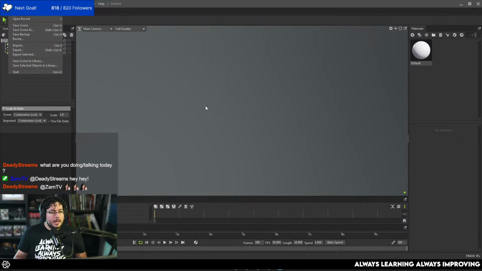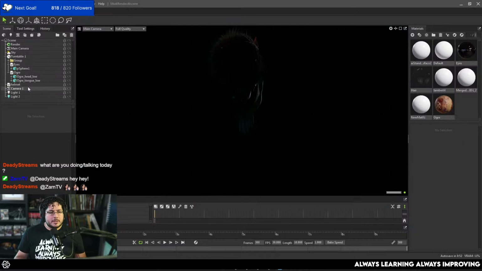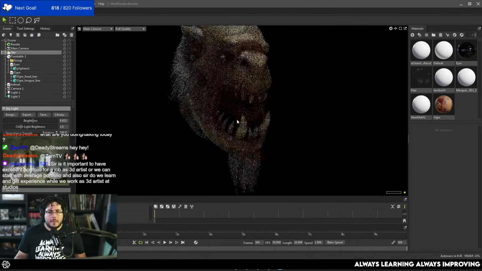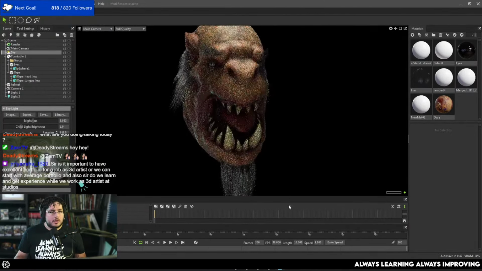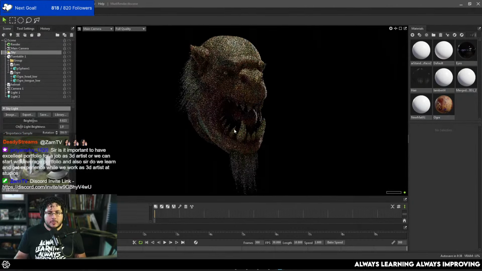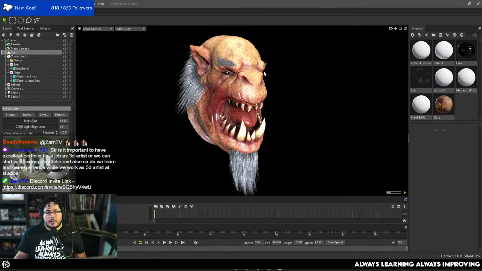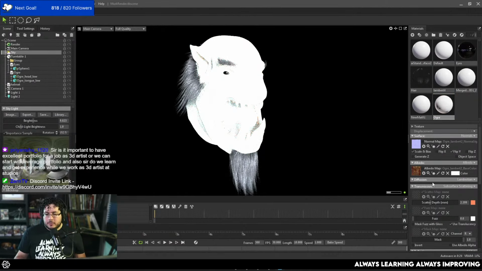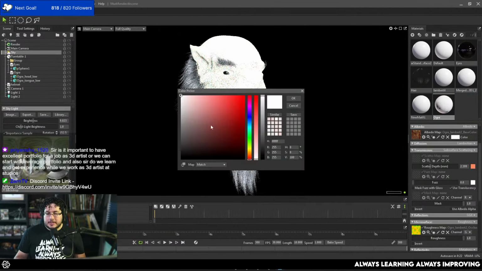The question that we had there was, what is the difference between a shader and a texture? There we go. So here we got our good friend Mork the Orc, or the Ogre. And this was one of the exercises from one of the old courses. As you can see, he has a shader that looks like skin, and you can see a little bit of that redness going on the element because this is working as subsurface scattering. Well, the textures, if I turn off the textures right here, you're gonna see that the textures are